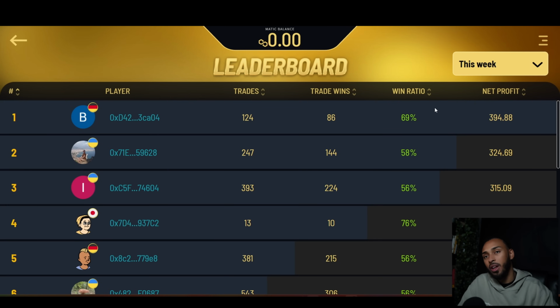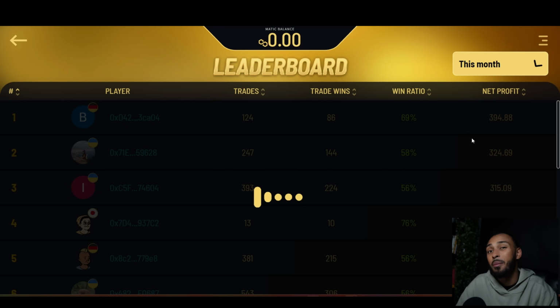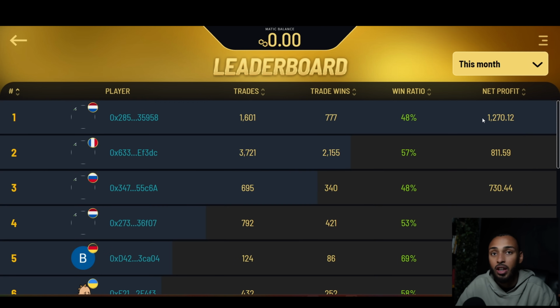So moving forward, what we can see is that on a weekly basis, again, people are still knocking down this profit. 394 Matic, 324 Matic, 315 Matic, even more. Going out to the monthlies, what you can see in terms of net profit, 1200 Matic, 800 Matic, 700 Matic. And their win ratios aren't bad, right? 50% or 48%, 57%, 48%,